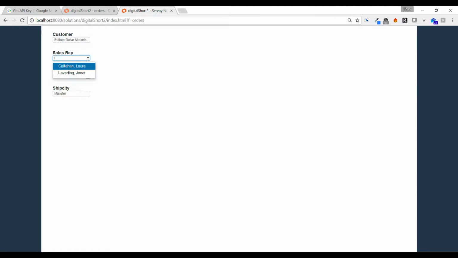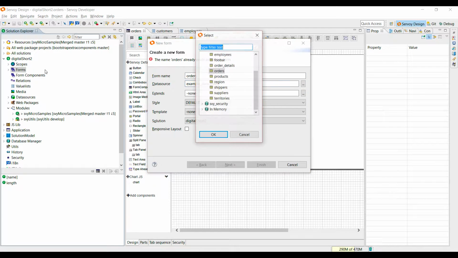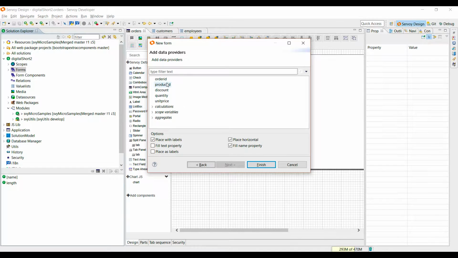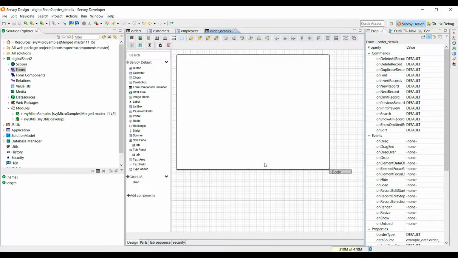Meanwhile, we've added a value list for the sales rep so that we can easily change values and filter data as necessary. Now, we'll build a form on the orders table. Servoy's wizards make it very easy to build grid and detail views, and once you've pre-filled those templates, you can easily modify the look and feel with the powerful "what you see is what you get" editor. Cascading style sheets are used to style your solution and easily adopt the look and feel you want to achieve